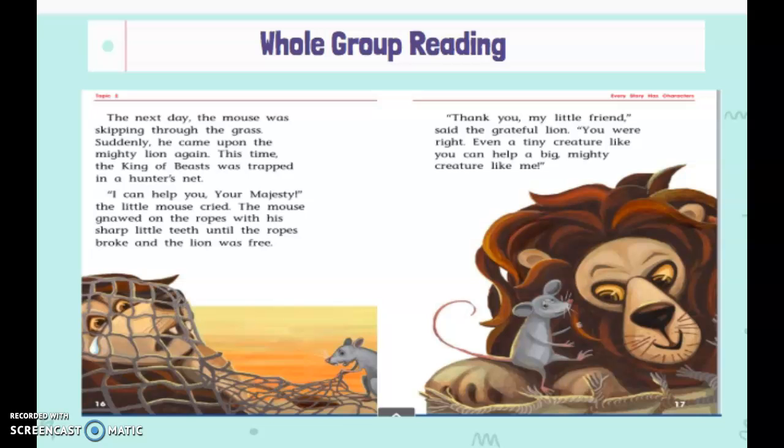So in this story, we have two characters. We have the big, strong lion and the teeny tiny little mouse. If you recall from yesterday, we talked about the problem. And the problem is that our big lion was trapped in a hunter's net. And how was this problem solved? It was solved by this teeny tiny little mouse using his teeth to gnaw open the rope. And then if we look at this page, we can see that the two characters are becoming friends because the lion realized that no matter how small a creature can be, you can always help out a friend.